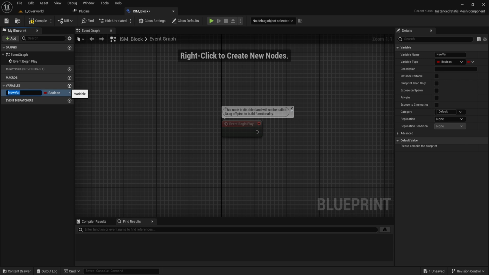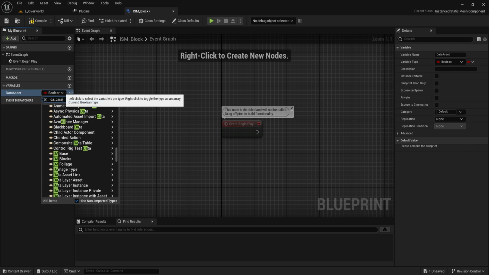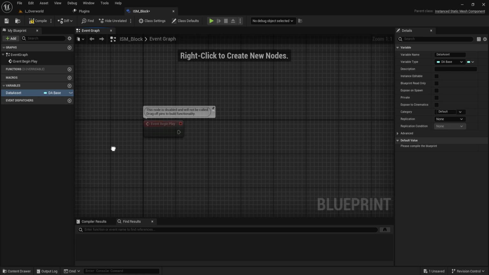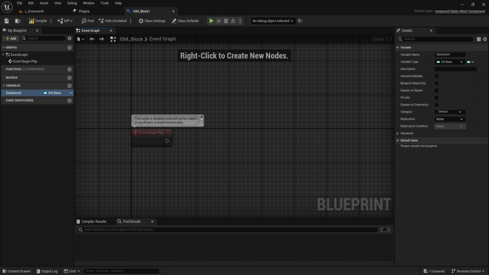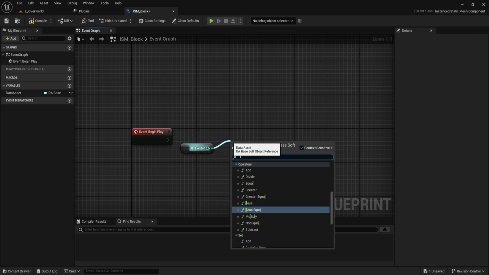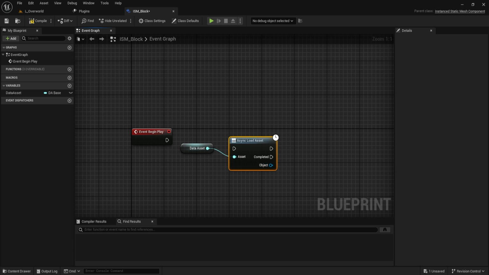We need to know what data asset we are creating. So data asset right here, and it's going to be of type DA underscore base, because we need to be able to reference a foliage and a block as well. So select that here. What we want to do with this data asset is load it, because alone the soft reference can't be used. We want to do load async asset right here,